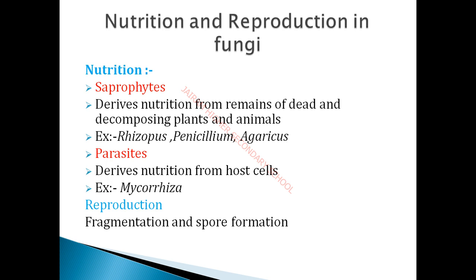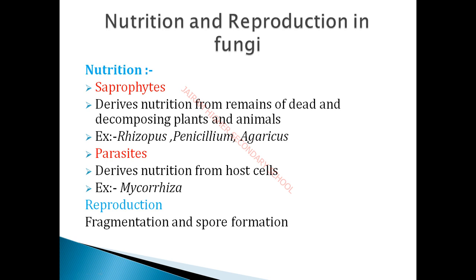So in fungi, the whole body will be divided equally into various pieces and that is called fragments, and each fragment will be emerging as a new individual. So this is called fragmentation. Understand? So fragmentation is nothing but the whole body of the organism will be dividing into different fragments, and each fragment will be giving rise to the next generation. So this is called fragmentation. And next thing, spore formation. So the fragmentation and spore formation, these are the methods of asexual reproduction.